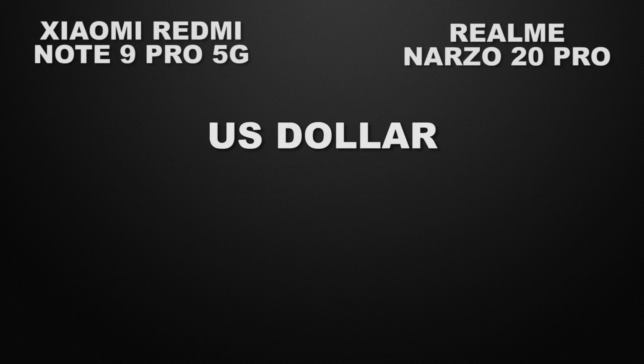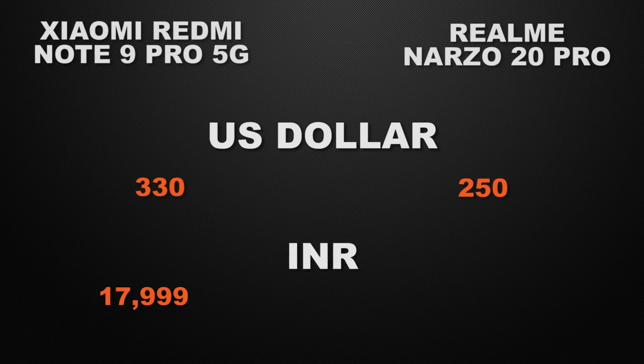Moving to the prices of the devices. In the international market, Note 9 Pro 5G is available from $330, whereas Narzo 20 Pro is available from $250. And in the Indian market, Note 9 Pro 5G is available from 18,000 rupees, whereas Narzo 20 Pro is available from 15,000 rupees. So the conclusion of the video is, the winner in the camera is Note 9 Pro